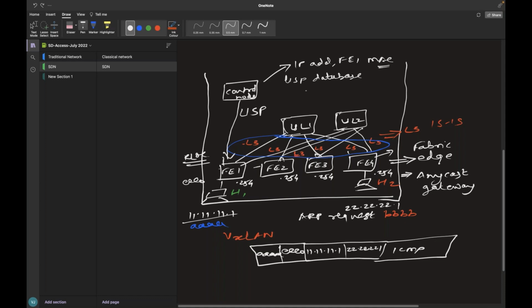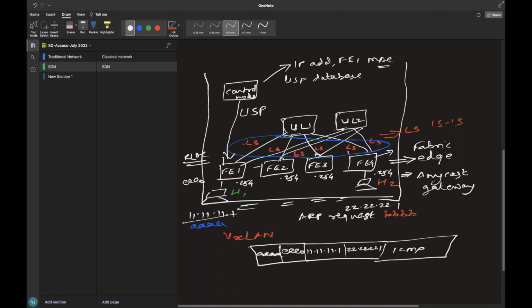I'm not going to talk about the border node now, but just keep in mind, LISP is used as a control plane to tell which fabric edges all these hosts are connected behind. Once Fabric Edge 1 knows that 22.22.22.1 is reachable via Fabric Edge 4, it builds that table.